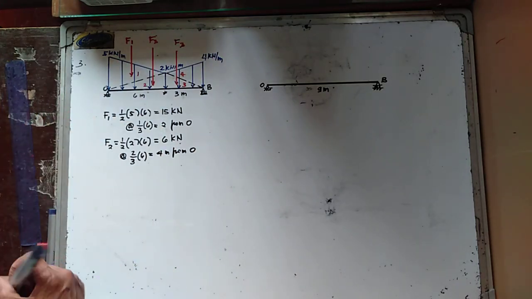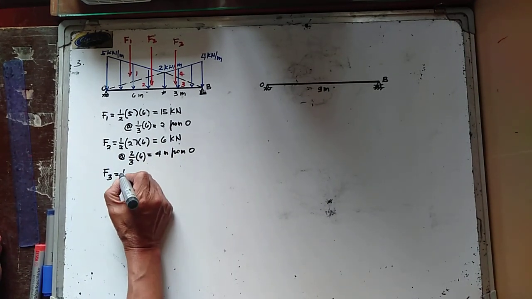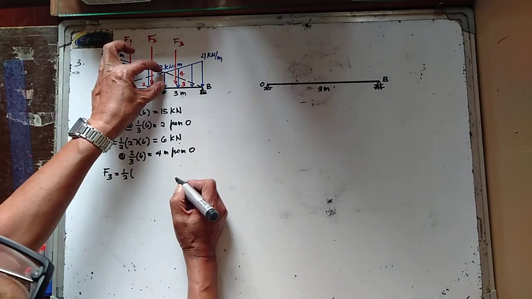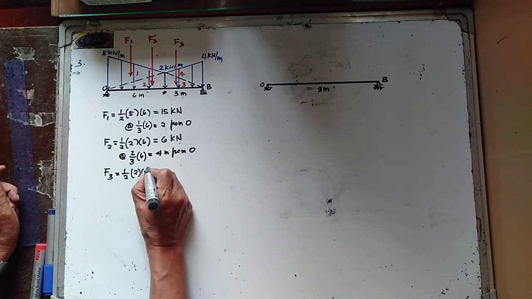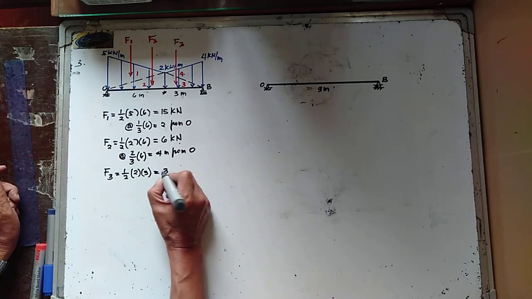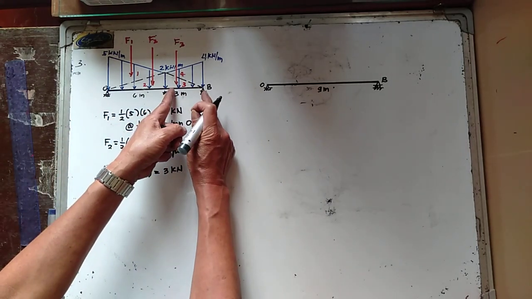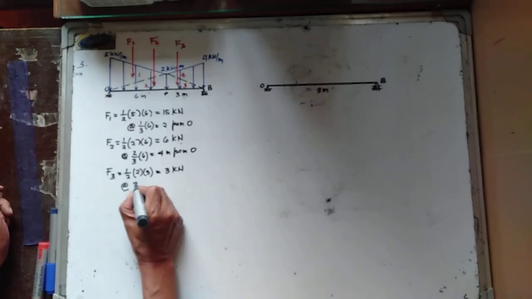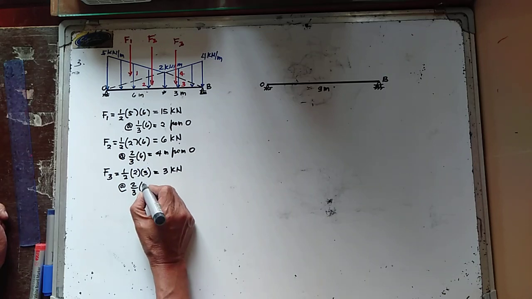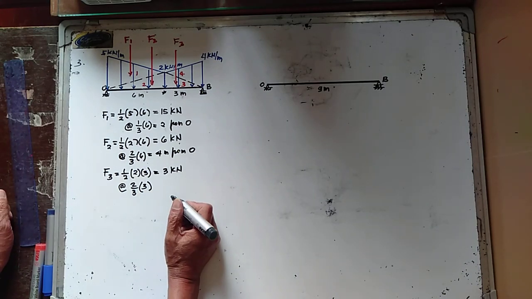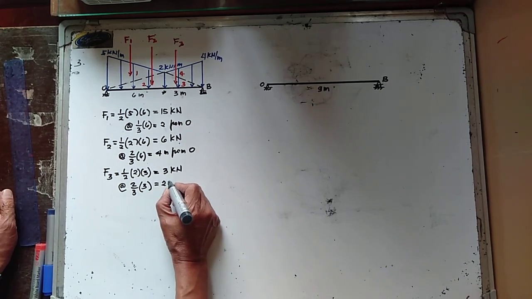So the equivalent force F3 is now equal to 1/2 of 2 multiply this one by 3. And this one is equal to 3 kilonewtons. And this is acting 2/3 from point B. 2/3 of 3 from point B, or this is equal to 2 meters